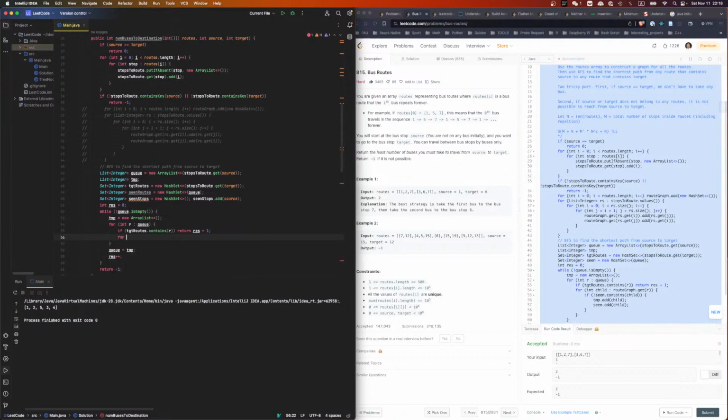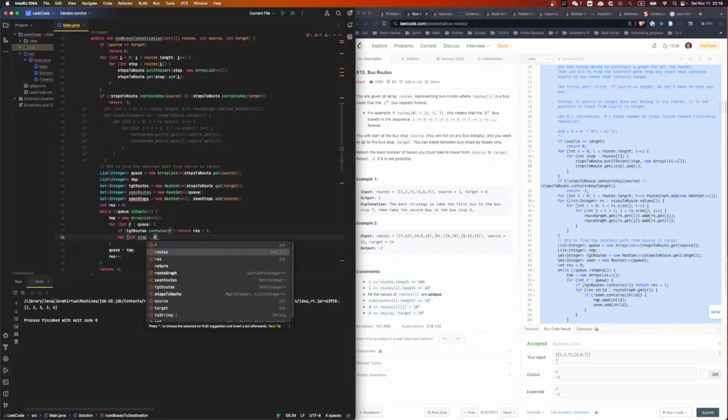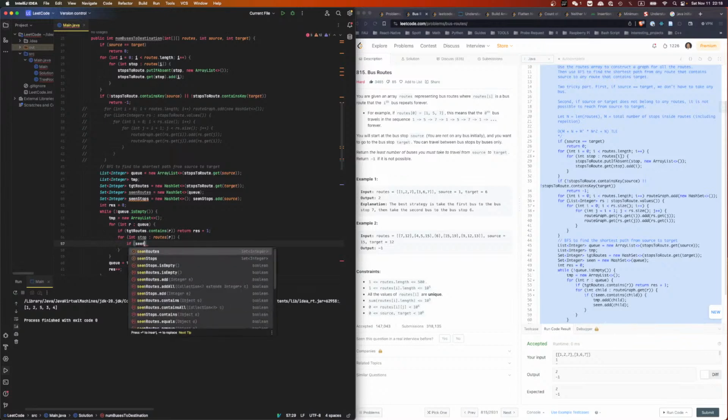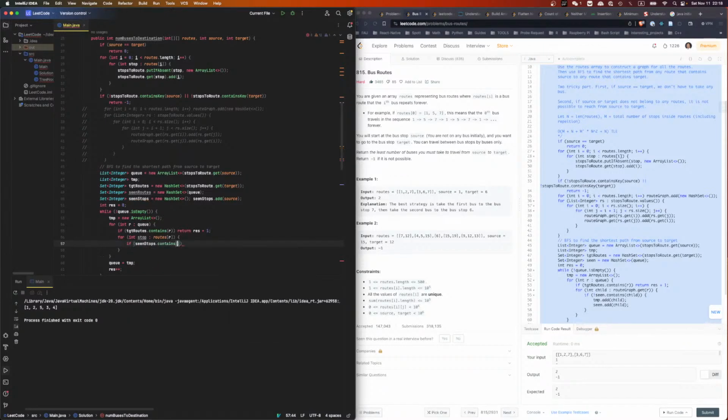So for int stop of routes, okay, for these stops, we say if scene stops dot contains stop. If it does not contain stop, scene stops dot add stop,